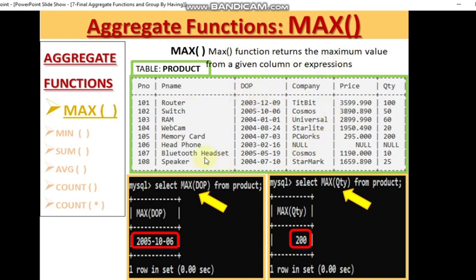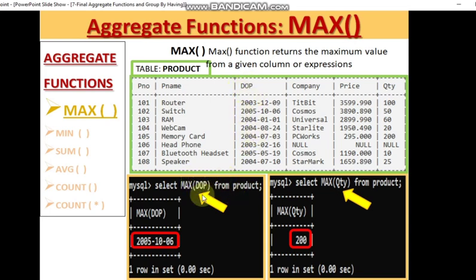Now this is the table product on which we are working. If you write select and then max and mention the name of the column, DOP is the date of purchase column I have given. So select max DOP from product.